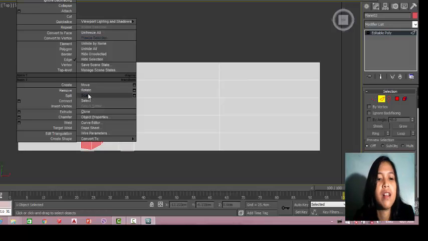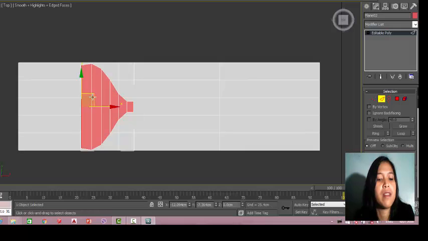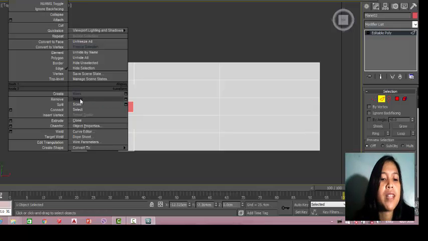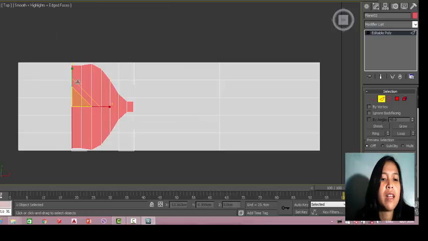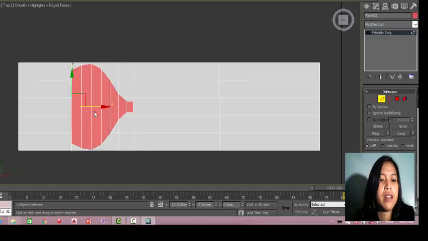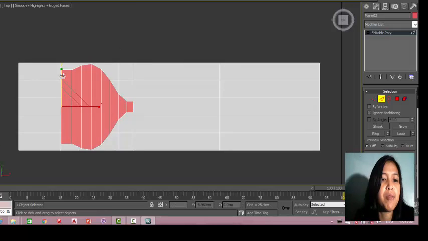Then move again. We're doing this at least 10 times, I think. So we scale it downward again like this, and then move again, hold shift, and scale it downward again.